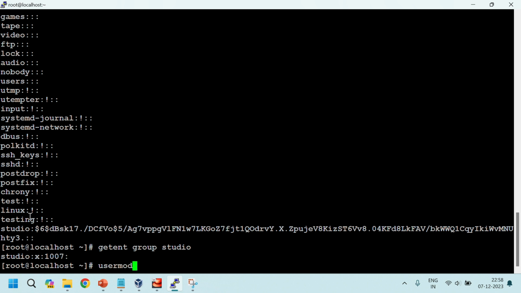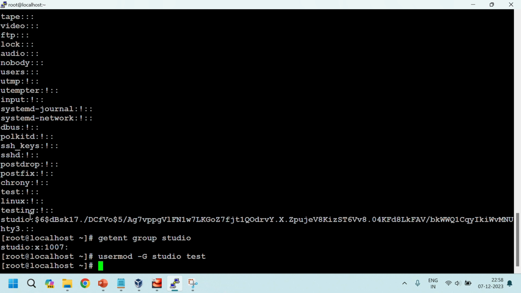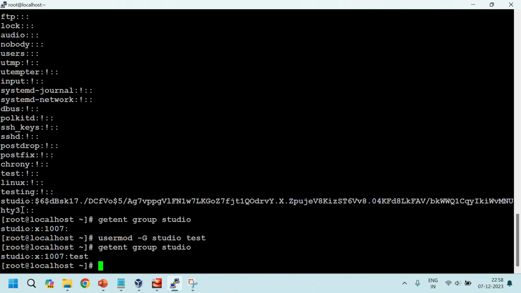Try to add one user into the group. For that, usermod -aG, group name studio, and which user we need to add to this group. I can add test. See, now we can try. See here, test user is added here. Okay, this is the group name, this is the group ID, and these are the users in that particular group. If you want to add another user,